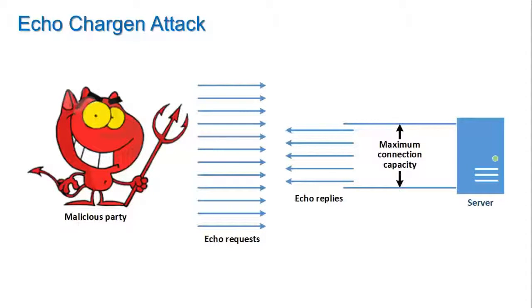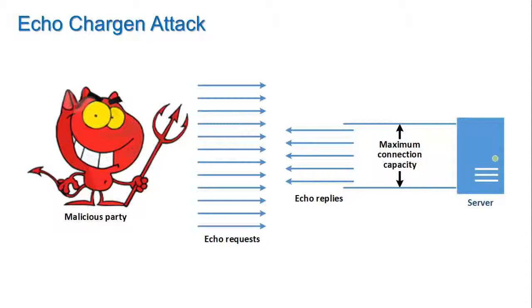An echo chargen attack capitalizes on the echo command within the character generator protocol. The character generator protocol is a component of the broader Internet protocol suite and is designed to support efforts aimed at debugging, testing, and evaluating the performance of Internet connections. The echo command simply instructs the target server to send an identical copy of the data it has received back